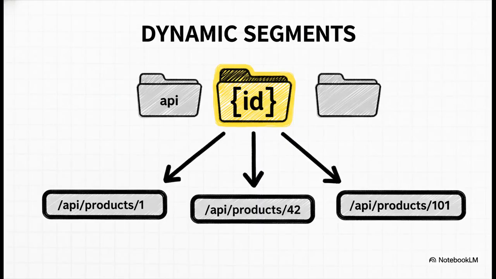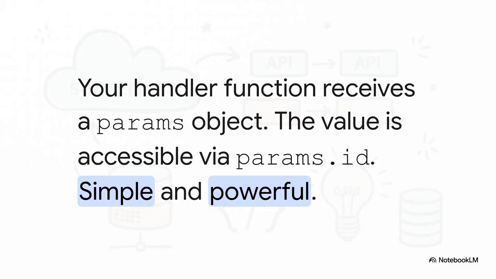And you guessed it, Next.js has this incredibly elegant solution, and it's built right into the file system again. It's called dynamic segments. All you have to do is wrap a folder name in square brackets, like ID here, and you're basically telling Next.js, hey, this part of the URL is a variable, a placeholder. So back in our code, the handler function now gets this new second argument. Let's call it params. And this params object will hold the actual value from the URL, which we can just access with params.id. It's really that simple to capture parts of the